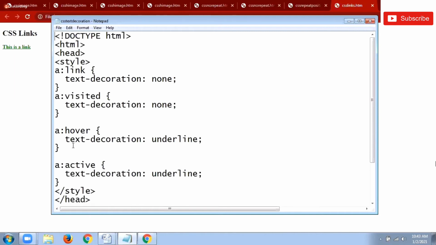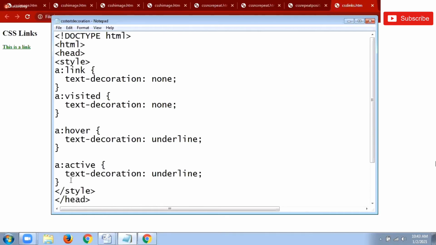But whenever the mouse is put over that particular link, now I want to apply my text decoration as underline. So previously for the link, I am getting it without underline. If it is visited, then also no underline. But once you put your cursor over the link, now the underline occurs over the link.